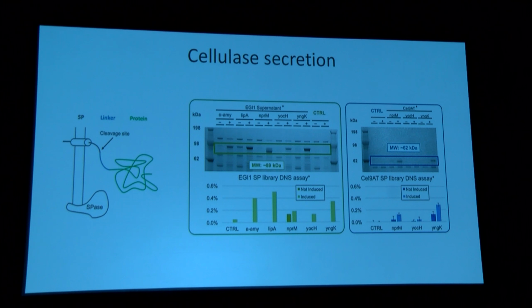If you're trying to make a biologic, this is not going to work because you're adding some extra amino acids at the N-terminus of your protein. But if you are making an enzyme that doesn't seem to care about a few extra amino acids at the end, it works really nicely. And we tried some different types of tags on here, and you can see looking at both our secretion information on the SDS-PAGE, and then also protein activity, that these work pretty well.